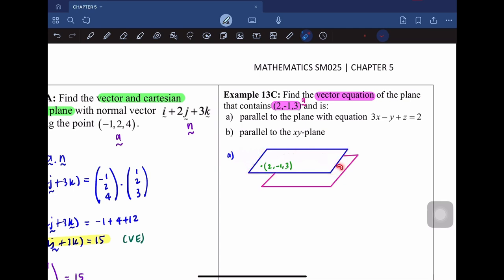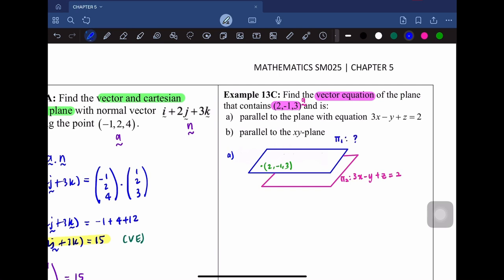Okay, so it can be at the bottom or it can be at the top, it doesn't matter actually. But you need to know that it is parallel to each other. Okay, so the equation of our plane is 3x minus y plus z equal to 2. Let's say I label it as plane 2, and this is plane 1, which we are going to find the